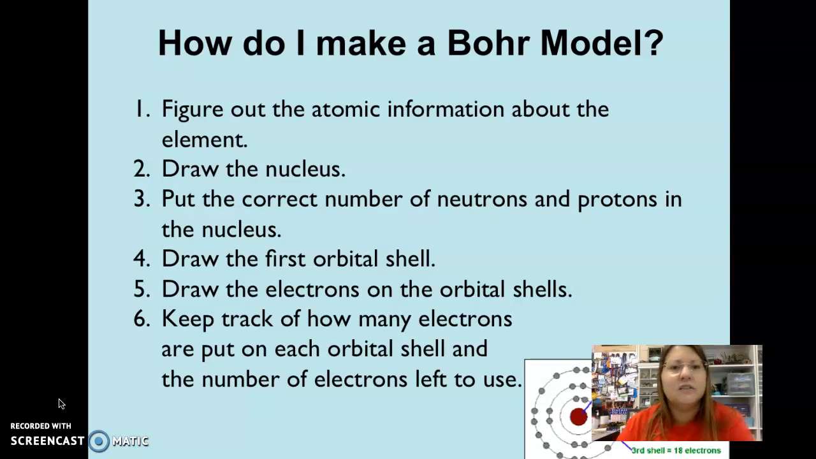We're building on our skills. So we're going to draw the nucleus. Remember, the nucleus goes in the center. It's going to have your protons and neutrons. And after we draw the circle that represents the nucleus, we're going to put the correct number of neutrons and